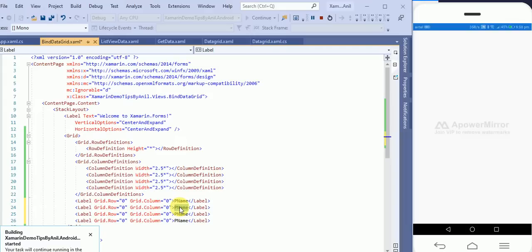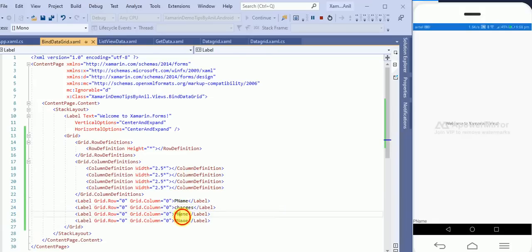Right now you can see we don't have anything here. Now charges, and total days, and day in week.